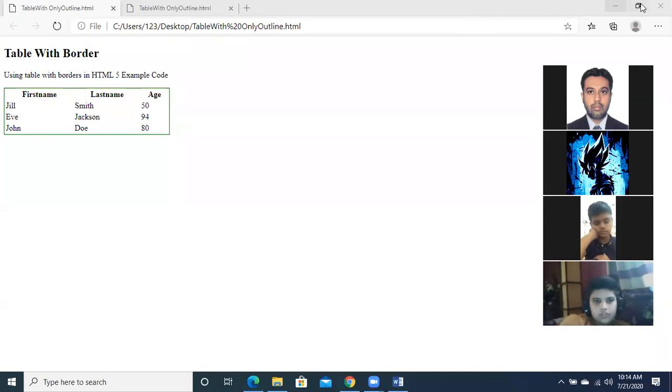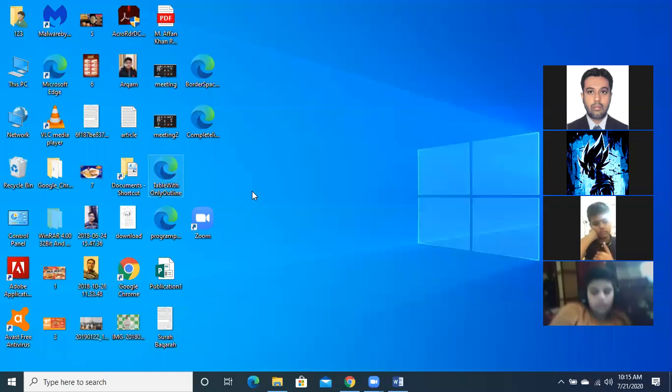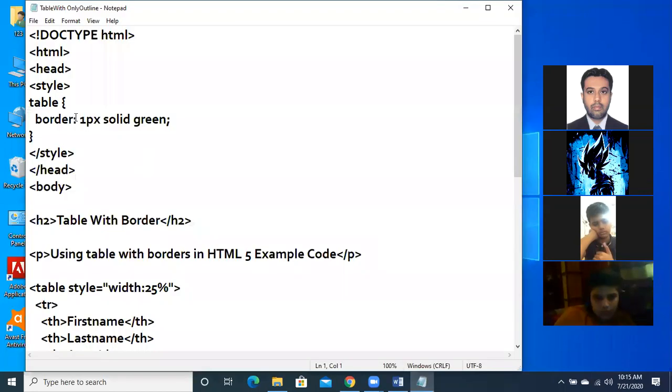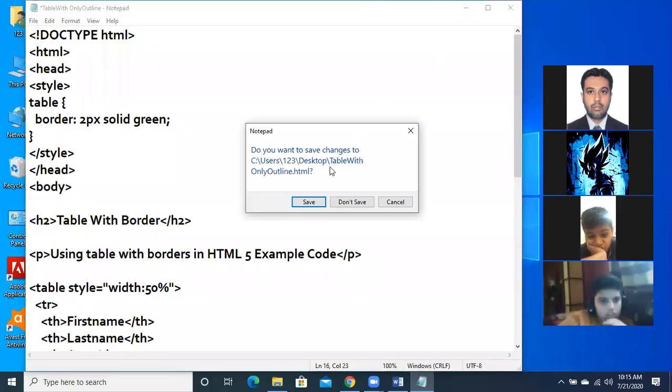Okay, let me change something. I'm going to close this file. I should increase the thickness of the outline. How could I increase the thickness? I make it 2 point. Sahi hai? Then I make the width of the page that I am taking for my table 50, so it will be a larger table covering 50% of the page width.